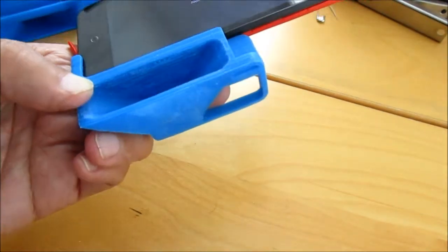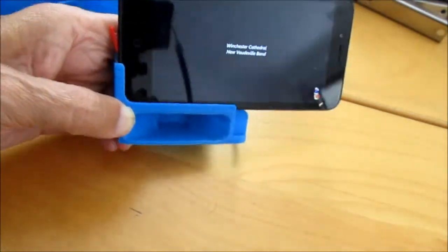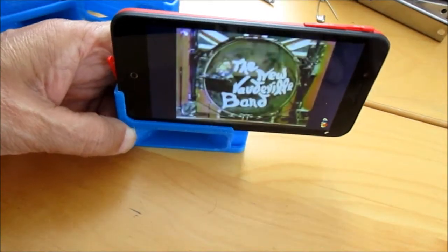So the phone has a little stand that you can sit it there, and here